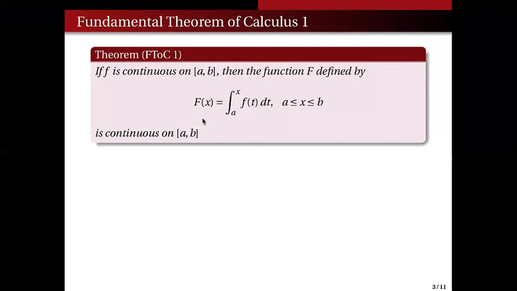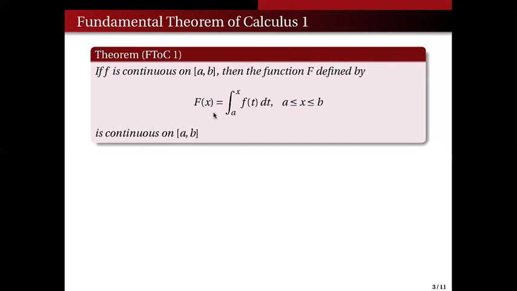And of course, there are references where this is the FTOC 1. But anyway, if small f is continuous on the closed interval [a, b], then the